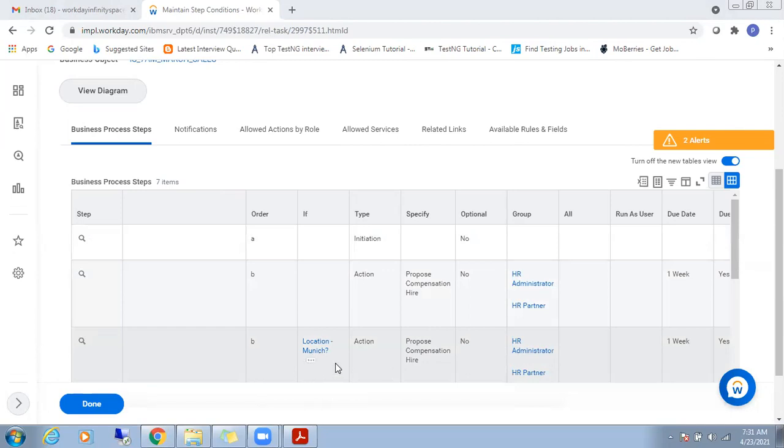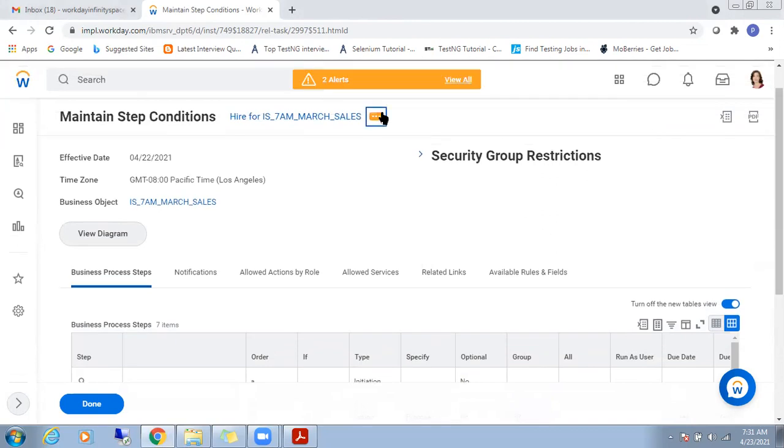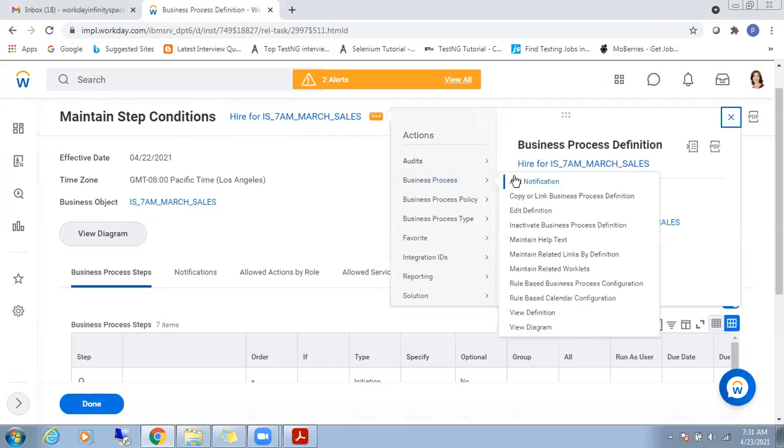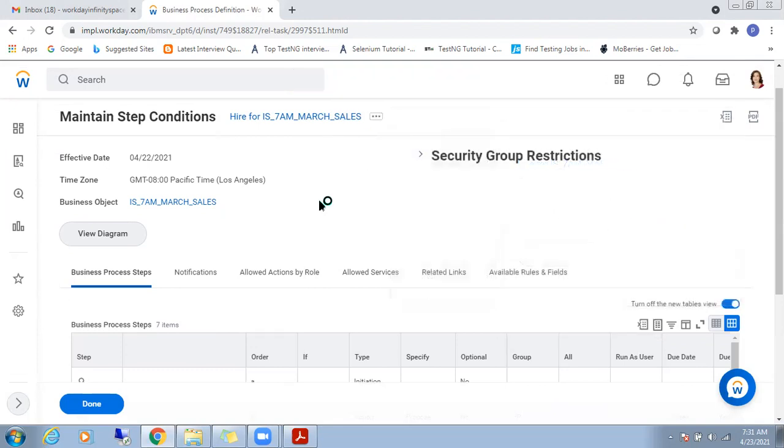So this is how we make a condition on a particular step. Clear on this? Now let me show you business process. Let me do some actions on a few of the steps.